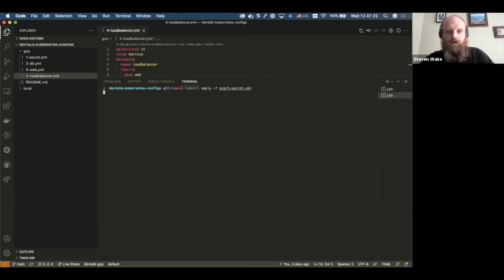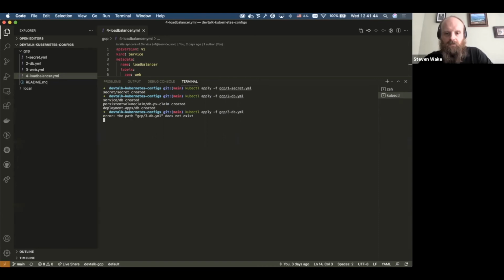So it's very much the same process. I think it might take longer though, because we're on a fresh cluster, so I doubt it's got the images cached now.